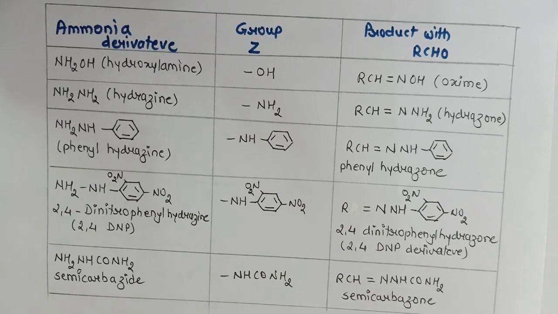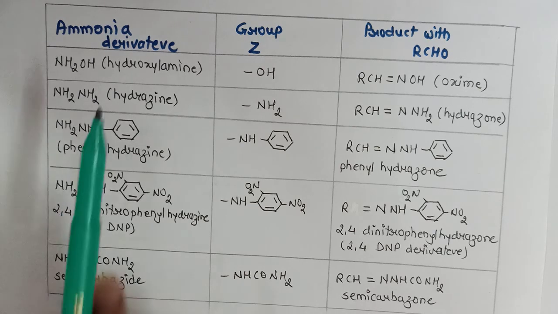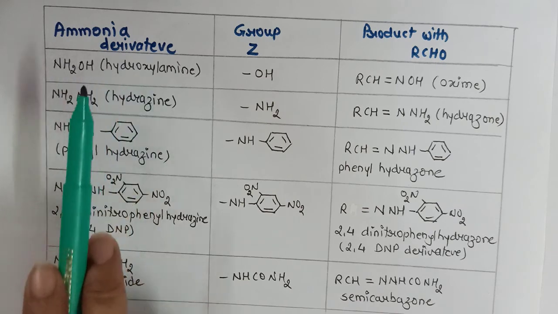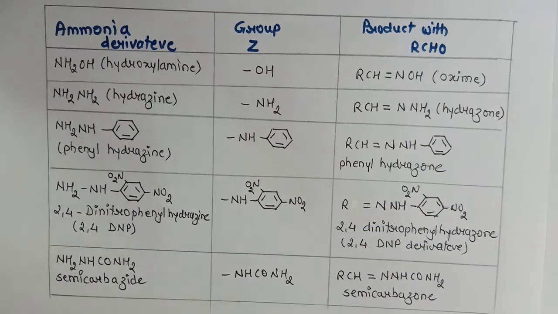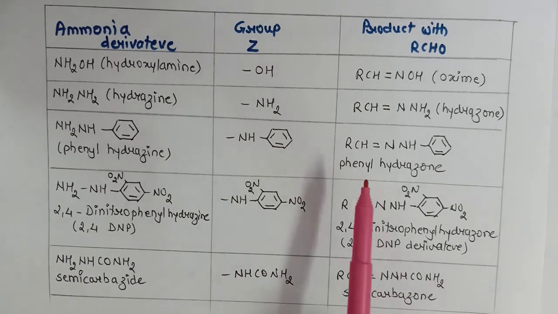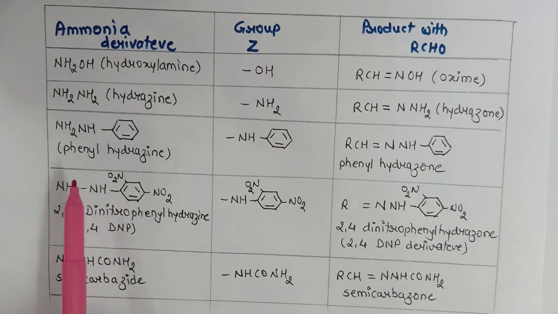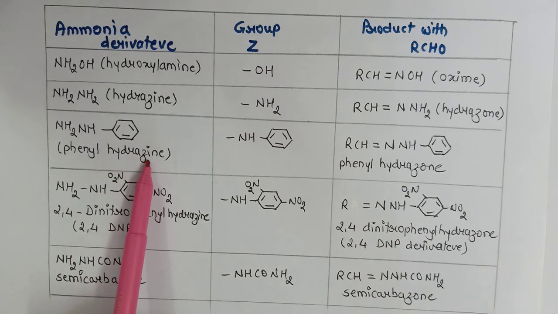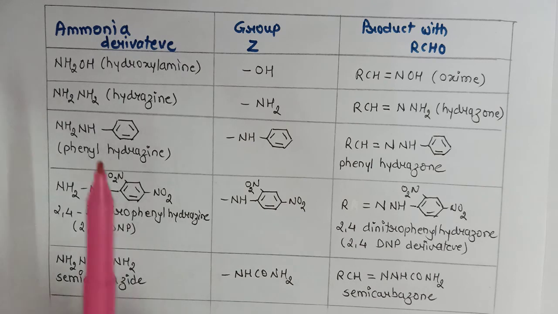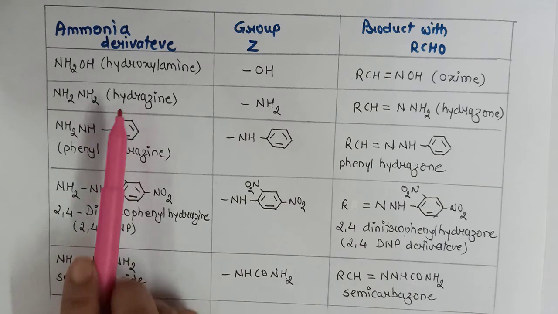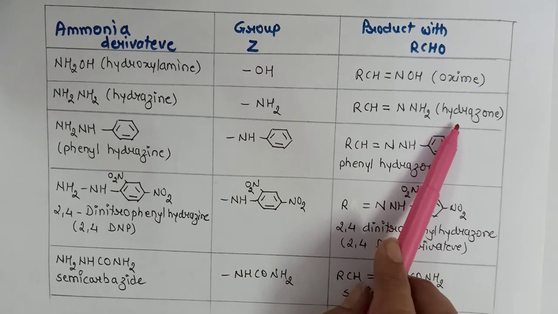Here I have shown all these nucleophilic addition reactions which involve loss of water molecules, that is ammonia derivatives, in a tabular form. This will help you to remember which reagent to be used and therefore which product you will get. For example, if I want phenylhydrazone as a product, I will use phenylhydrazine as a reagent, which will react with carbonyl compound. Suppose I am making hydrazine react with carbonyl compound, I will get hydrazone as a product.